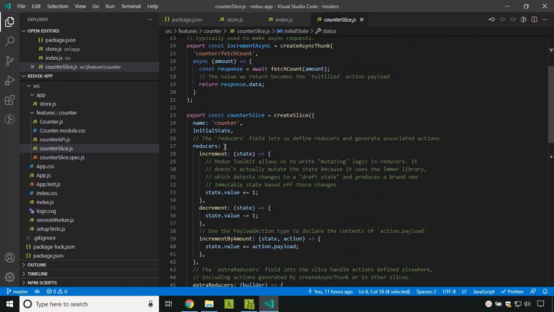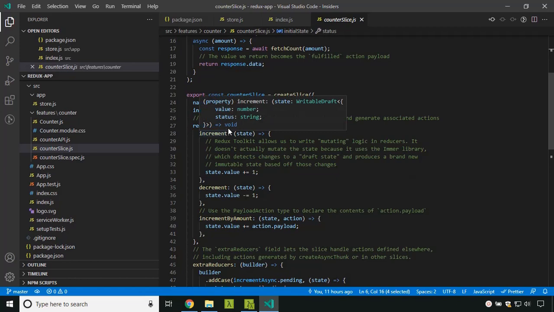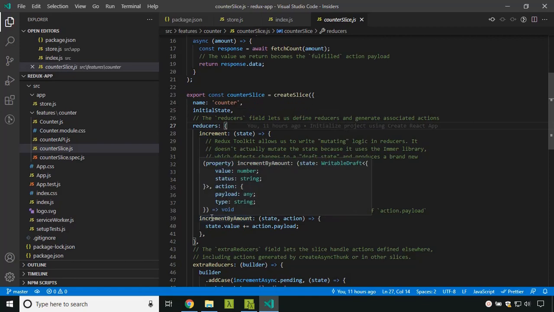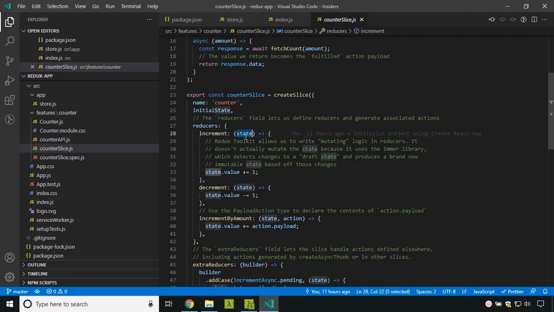So, another key is the reducers. Here we can define all the reducer functions which we want to handle our state. Here we have given three: increment, decrement and increment by amount. You can see that it's a pure function which will accept the current state as the input.